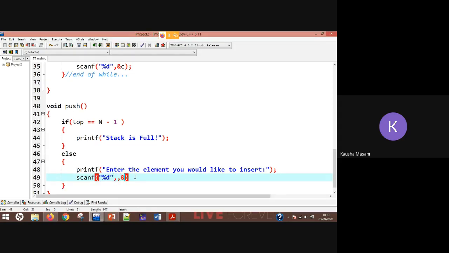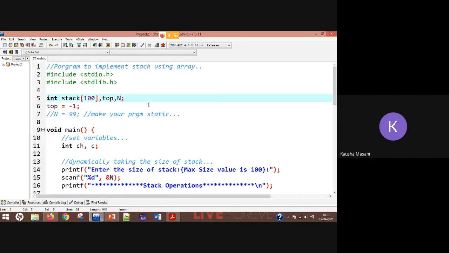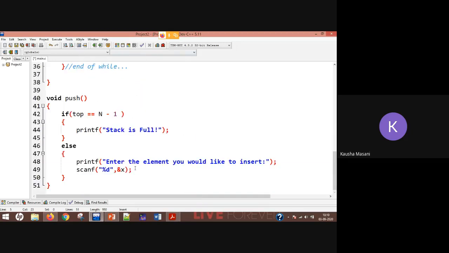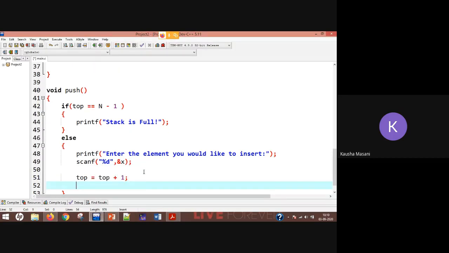Let's say I'm taking it as x. So I'll go and define this x globally again here. Now top is equal to top plus 1, or top plus plus will also work.